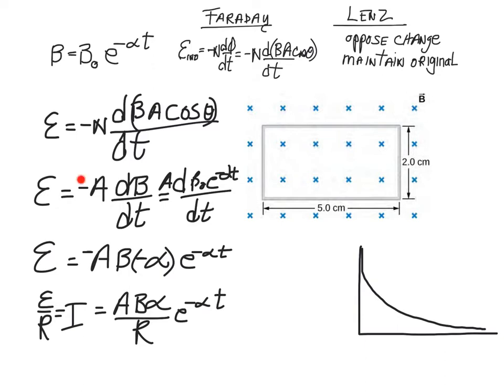But anyway, I left the negative sign, and so we have the cosine of theta is 1. A is a constant, it comes out, and we just take the derivative of b with respect to t. This is the function b, and so when we take the derivative of this function with respect to t, the b naught, that should be a b naught. The b naught comes out,